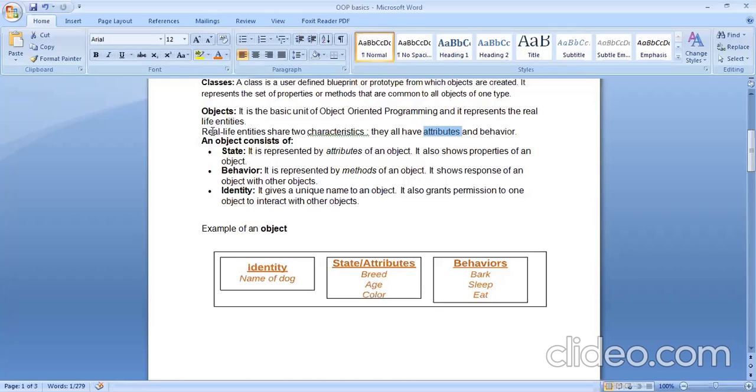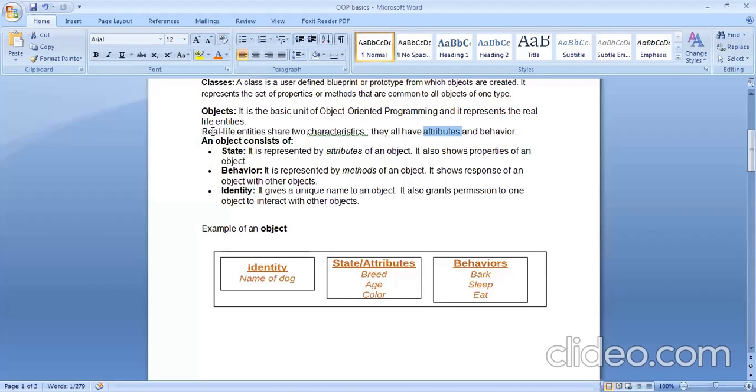I have a name, you also have a name. If I am a student, then I will have a roll number, you will also have a roll number. You are a student, I am also a student, so we are the same kind of objects. However, how will I differentiate you from me? With the values of the properties that I have. My value for roll number is 1, your value for roll number is 2. If the teacher calls out, roll number 1, please stand up, we both are not going to stand up. Only roll number 1 will stand up. So if you see, although we both have the same properties, we are distinct from one another depending on the values that our attributes have.